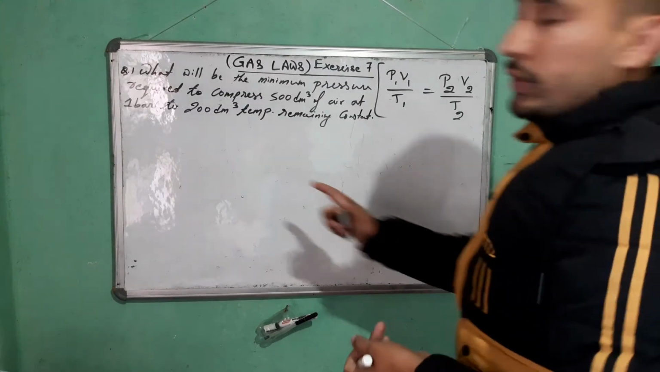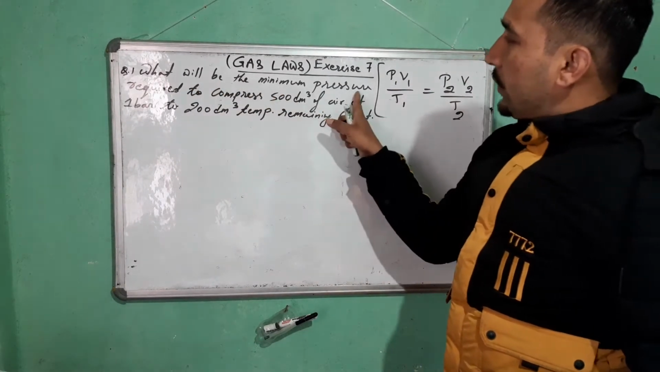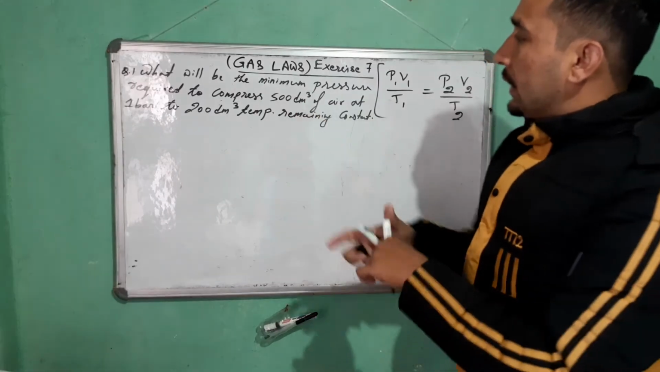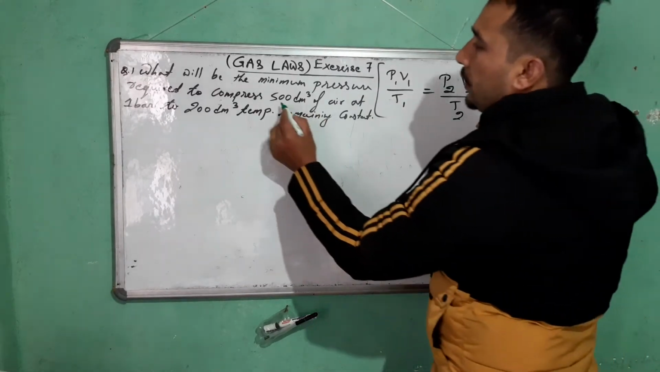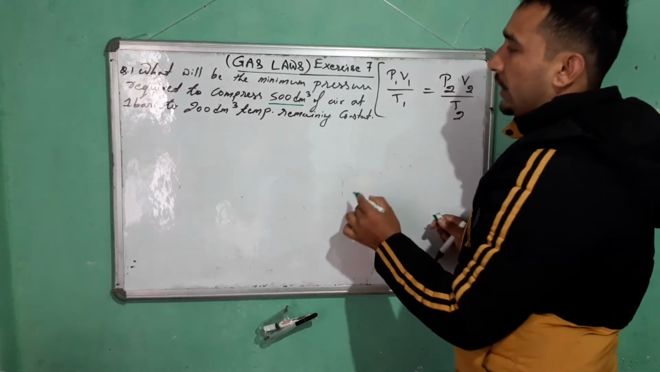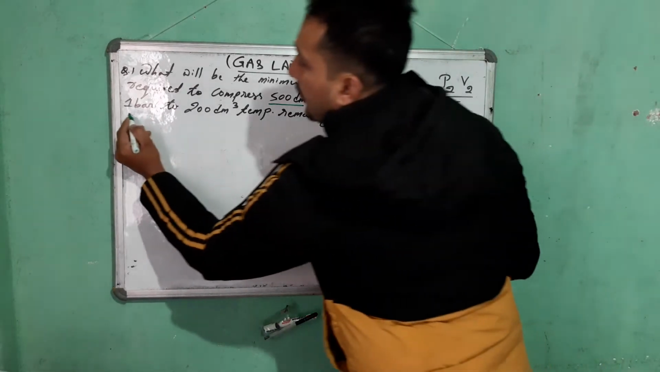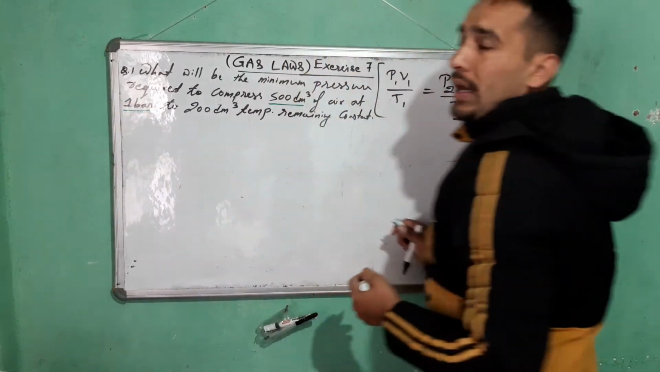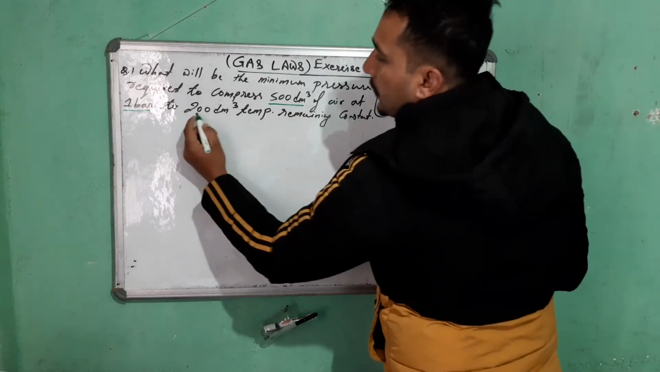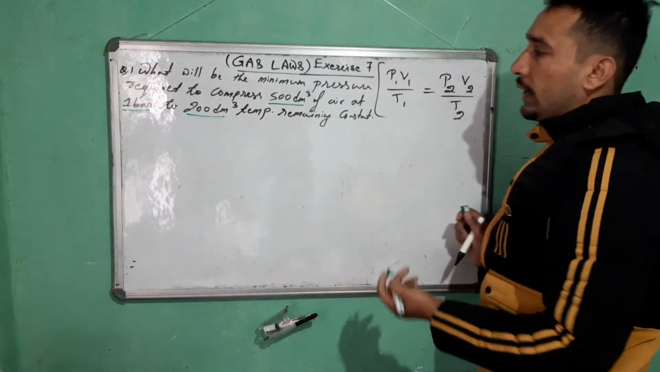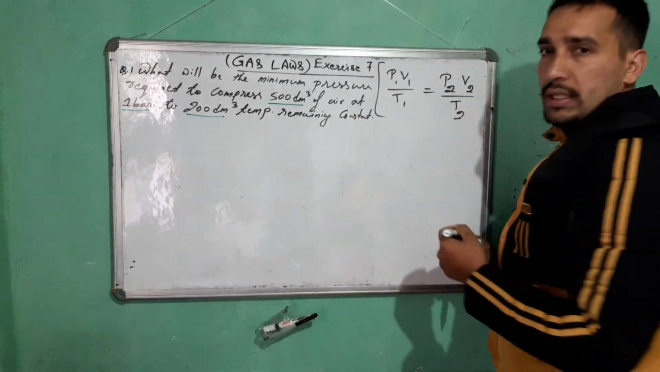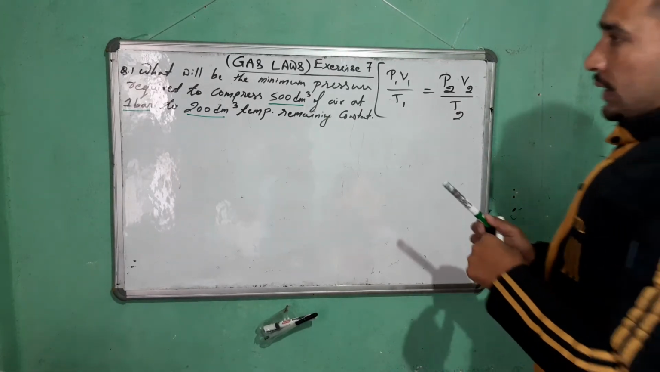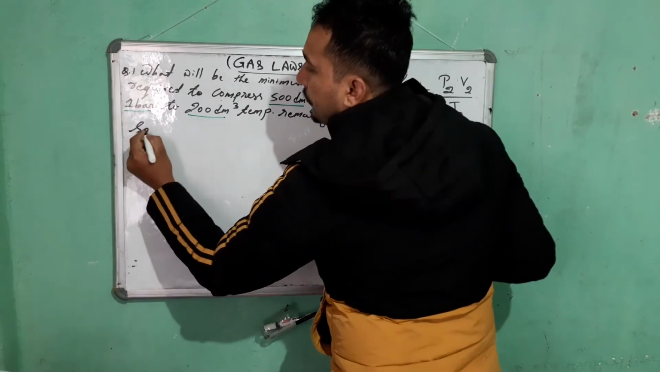So here is the question. What will be the minimum pressure required to compress 500 decimeter cube? This is the volume V1, of air at 1 bar. 1 bar means pressure P1 is 1 bar, to 200 decimeter cube, this is V2, volume. Temperature remaining constant. Temperature is constant in this case. Okay, solution. Given: